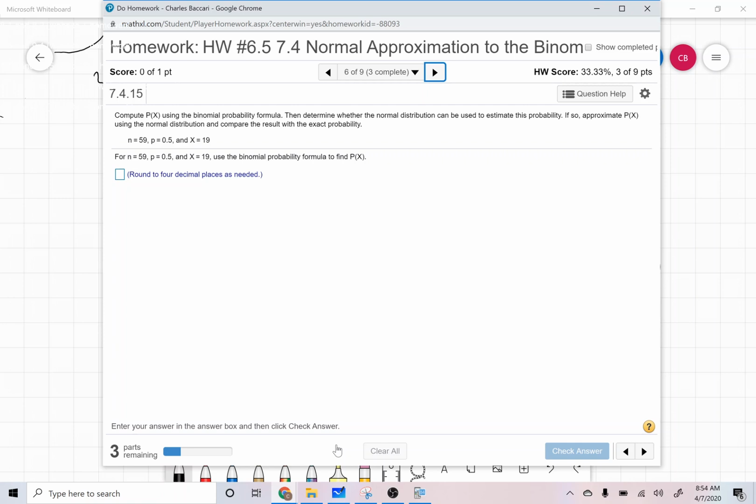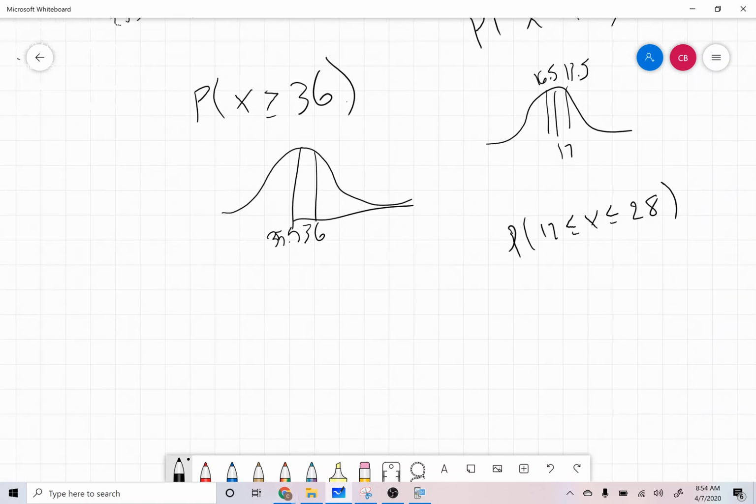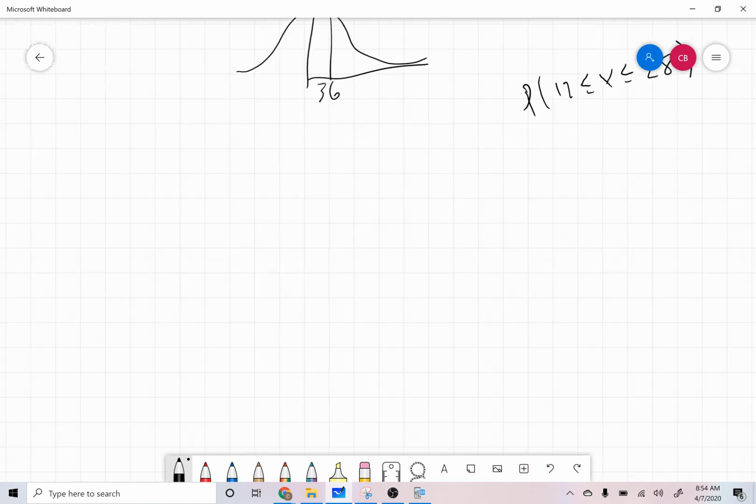compute P of x. They're going to have you do the binomial theorem on this first part. So we're going to have to use the binomial theorem. Remember the binomial theorem. If you forget, you can look it up. Actually, we can just use the video. So remember, it's n choose r times